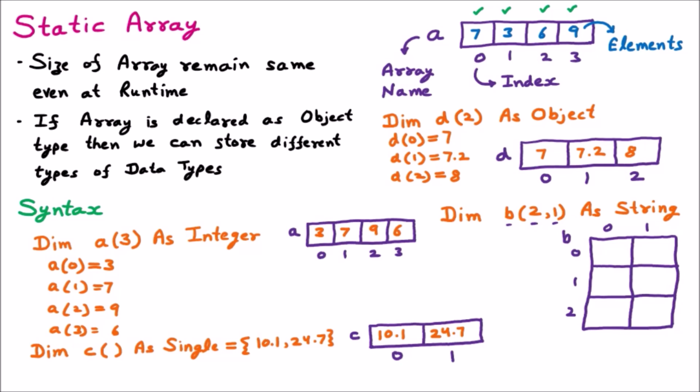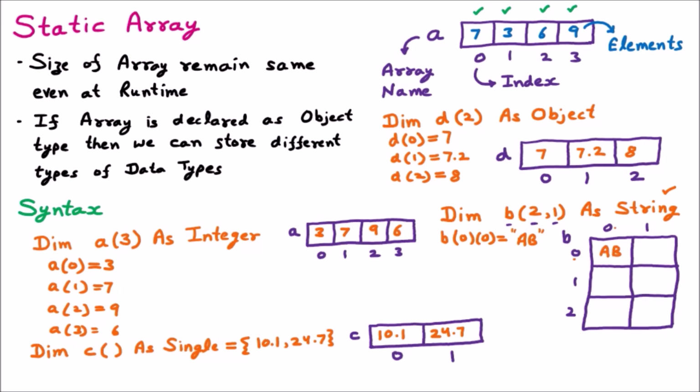So now we are going to initialize the values here. First of all we are having the B. Now very first 0, 0. So at the 0, 0 we are going to initialize. We know that it is of string type, so that means it can take any string. Let's say AB. It is a string, so the double quotes we are mentioning. So AB will come here at 0, 0 index place.